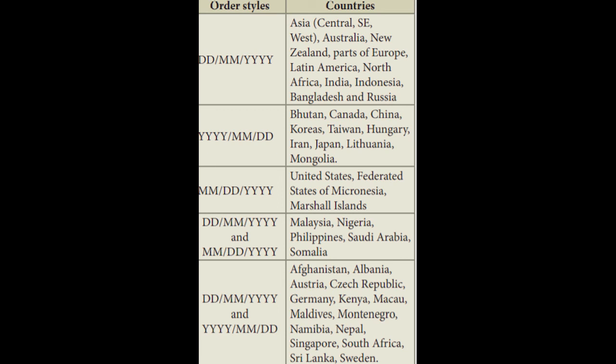As soon as you type inside a cell, it will be aligned to the right side of the cell, right? And it will show in the formula bar your date as you have given it, in that same format. If it is month, date and year, or year, month and date, in that format it will be shown in the formula bar also. This is the visual clue to know whether the date is accepted or not. If you give it in that format, the system will accept that this is a date.